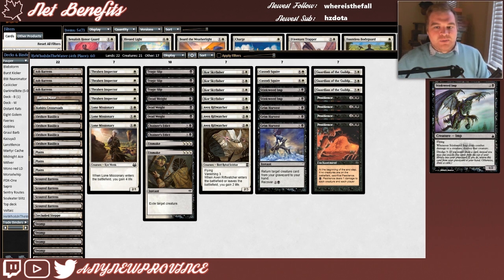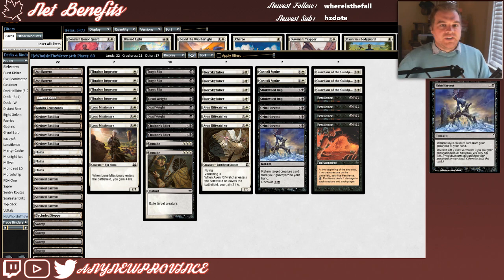It has Dredge 5, which means if you would draw a card, instead you may put exactly 5 cards from the top of your library into your graveyard. If you do, return this card from your graveyard to your hand. Otherwise, draw a card. I've already explained some of our graveyard synergies, but this next card gives you a good